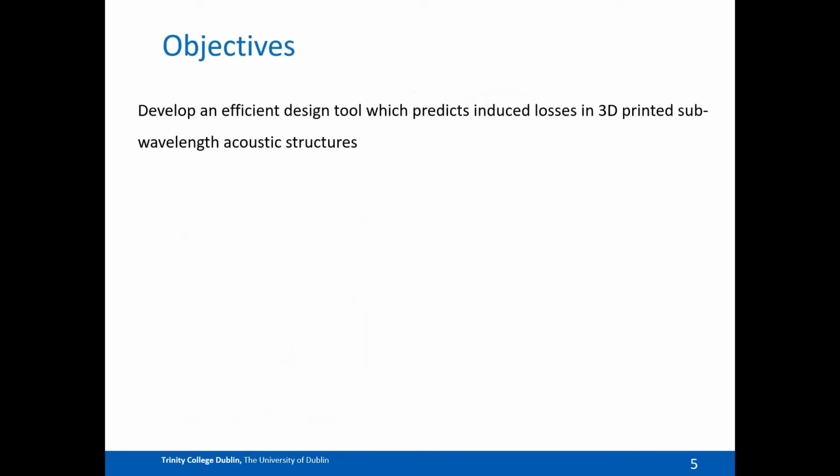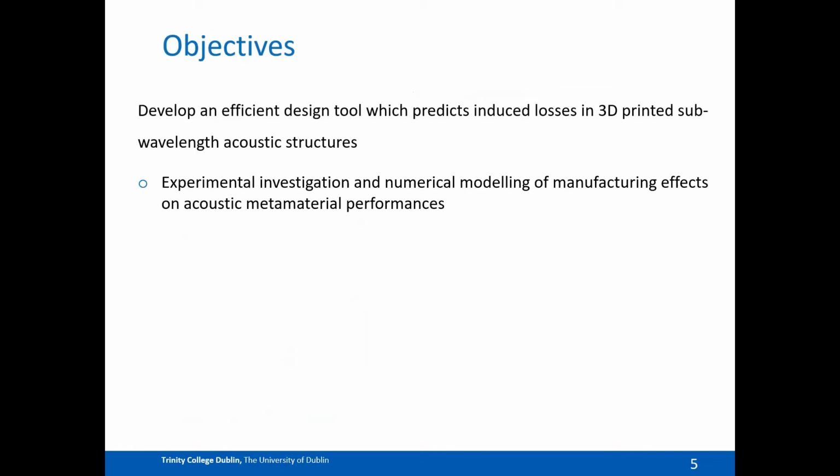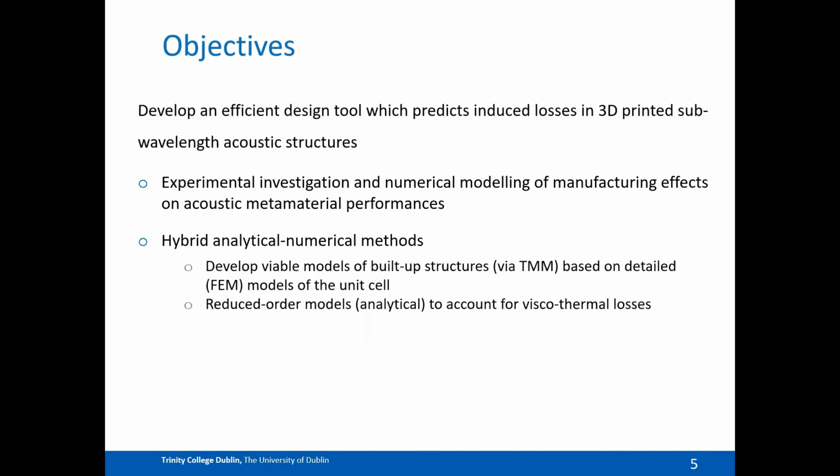The primary aim of the thesis was to develop an efficient design tool which predicts induced losses in 3D printed sub-wavelength acoustic structures. As part of this, several objectives were set out. Numerical modeling of a benchmark metamaterial design, along with experimental validation using different additive technologies. And in a second stage, we looked at combining analytical and numerical tools to obtain a more efficient design tool